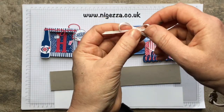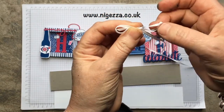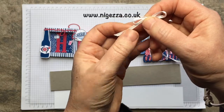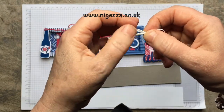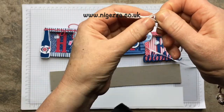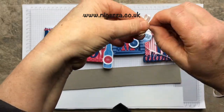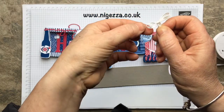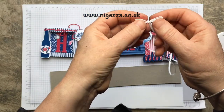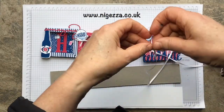So pull it, start adjusting, pull it until you basically get the size you want. I want quite a little bow. And you can pull those ends down, pull it nice and tight. When you get it the size you want, then get the ends so that they're kind of coming down, twiddle that so it's how you want it. There we go. That's what I was meaning about not getting it twisted, and that is about the same size as them. And then you just take your snips